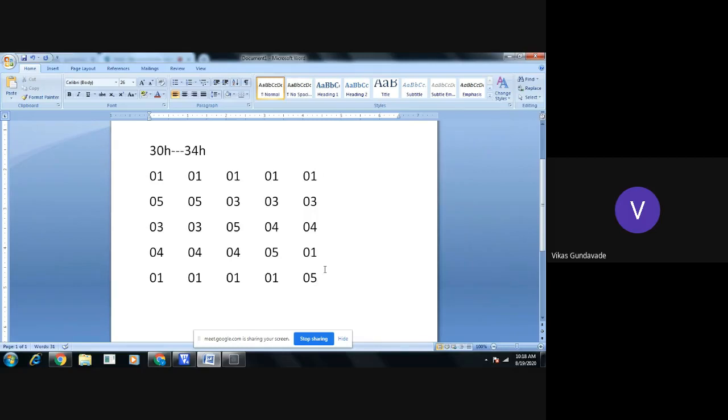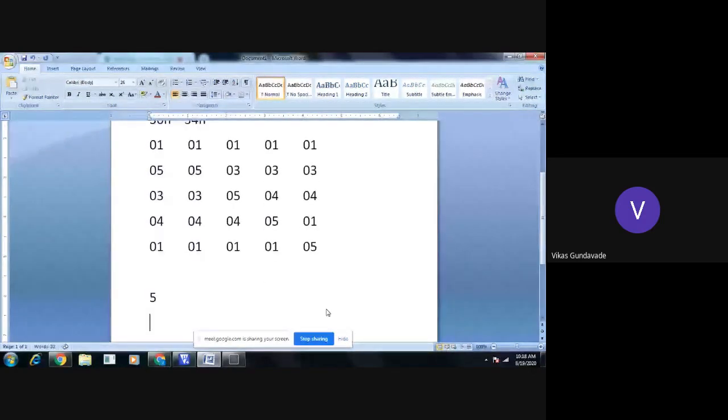Here these comparisons will require two counters: one counter for the comparisons, and a second counter for initiating again from the first to the last one. So if there are 5 numbers, we require two counters. One counter is for 5 numbers and another counter is for 4 numbers.